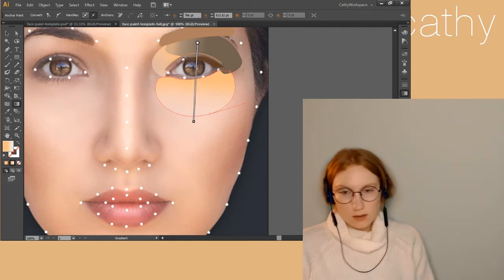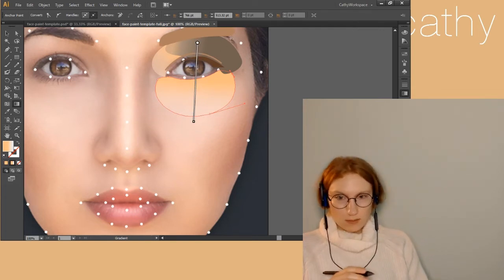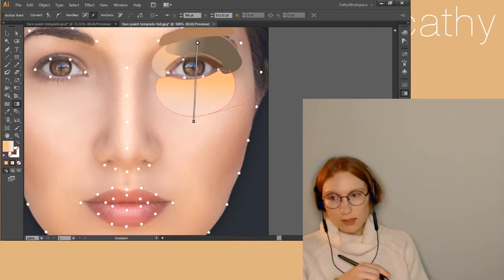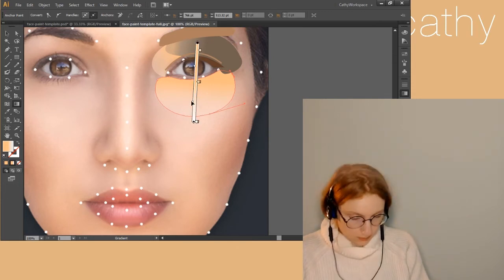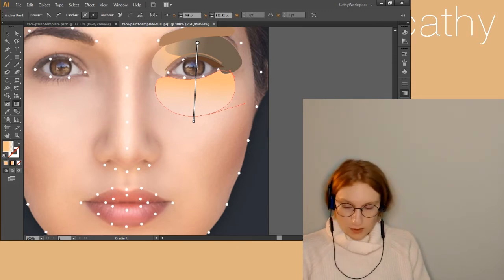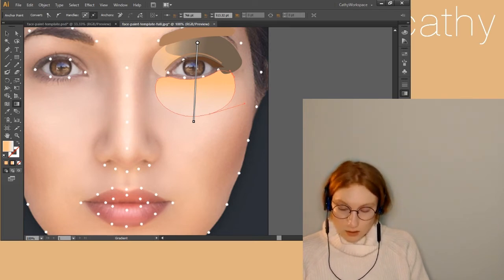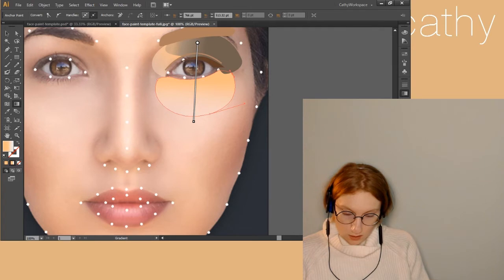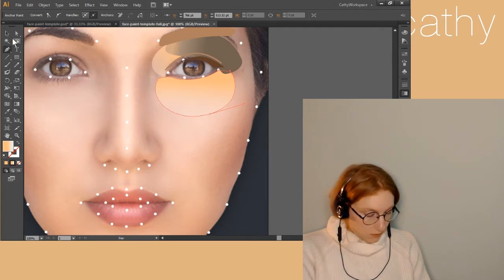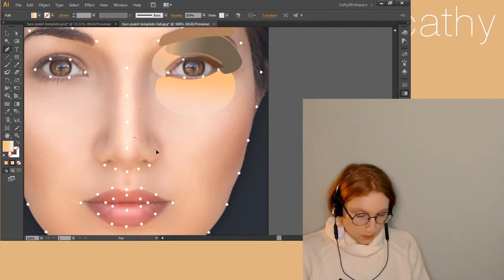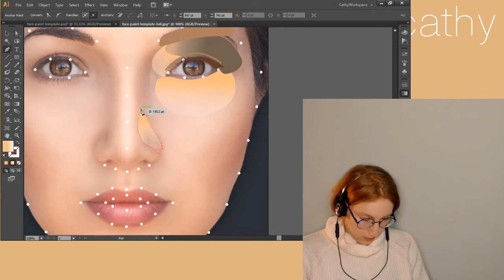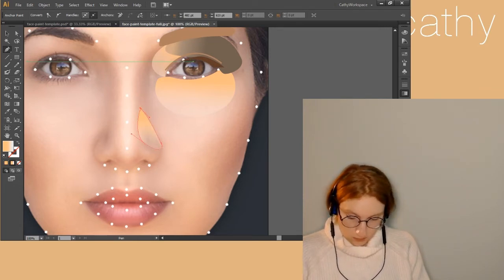So this should really go a long way into helping me with the under eye bags. They're really warming up that tone. And I'm also going to want to, maybe I never do this in real life, but maybe some contouring might be really interesting. So with that,